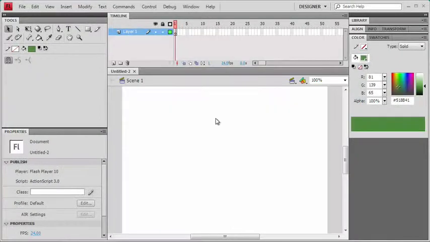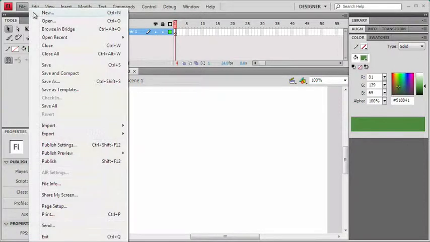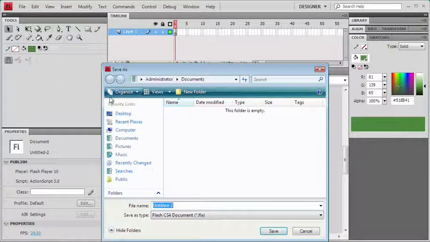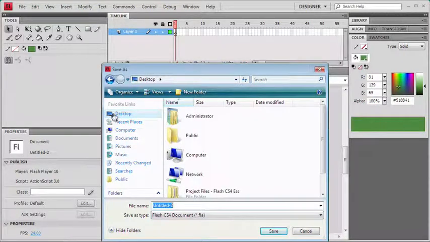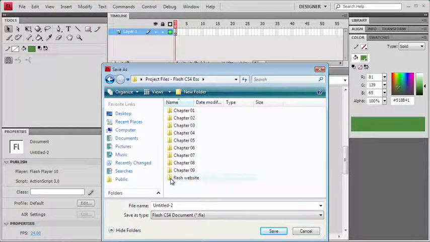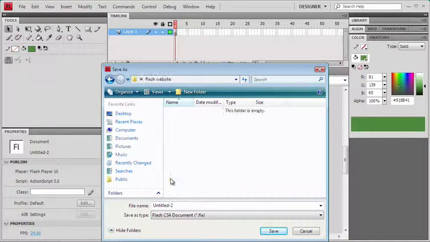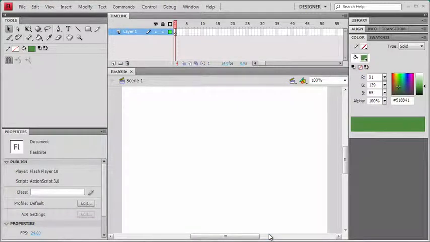choices. Now, since we're going to be building this website through all the chapters, I actually recommend that you do the chapters in order. And we're going to save our file out into a folder that I've already prepared for you. So let's go up to our File menu. We'll choose Save. And if you can navigate to your desktop, you should find our project files for the Flash CS4 Essentials series here. Inside that, there's an empty folder called Flash Website. And for each one of the chapters, I'm going to save our file right into this folder. Let's just call it Flash Site. Now, if you want to do a chapter out of order, that's fine. Each one of the chapters has a start file that you can start from instead of working with your own